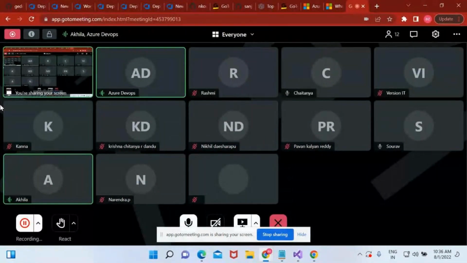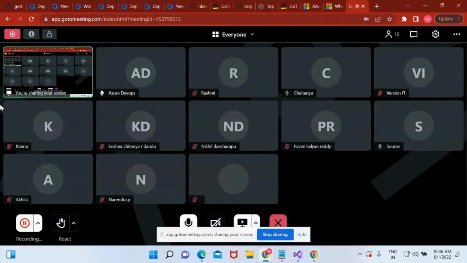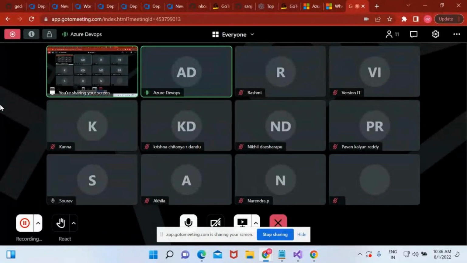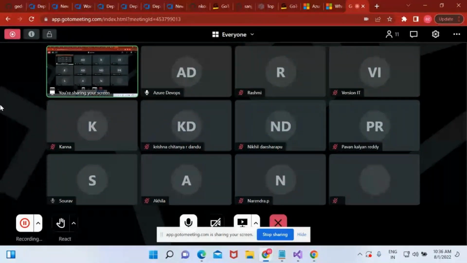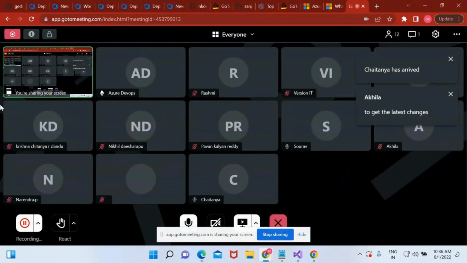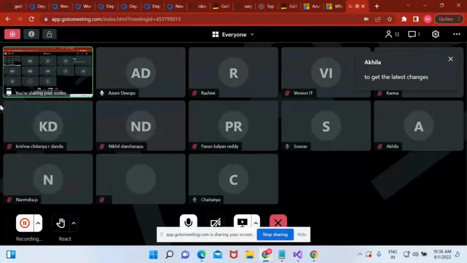Akila, your voice is not audible clearly. Okay, and why do we use pull? What is the use of git pull? To get the latest changes from repo to your local system. Okay,